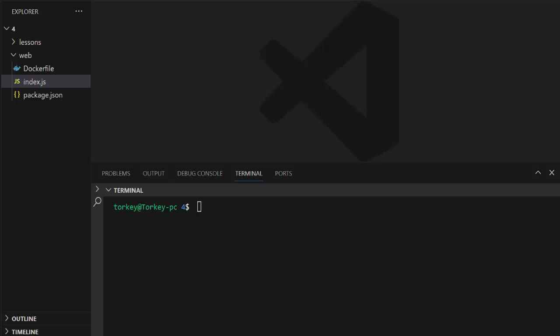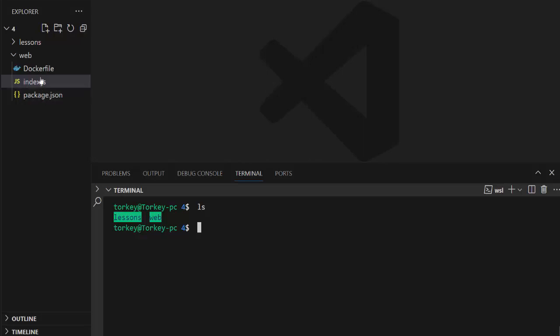Welcome to a new lesson where we will dive into setting up an advanced Docker development environment. In this lesson, we are focusing on practical skills, showing you how to optimize and manage your Dockerized development setup efficiently. Let's get started. So here I have created a web directory, and inside the web directory I created 3 files